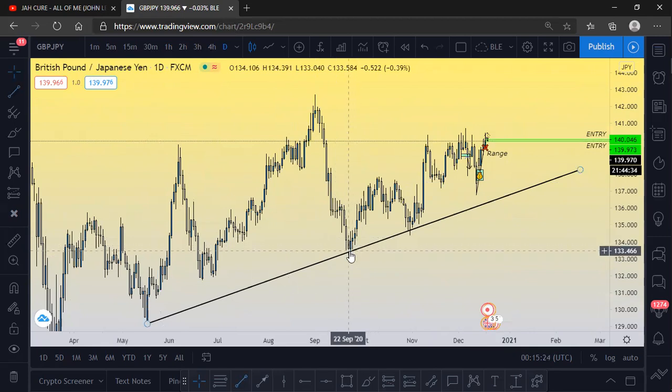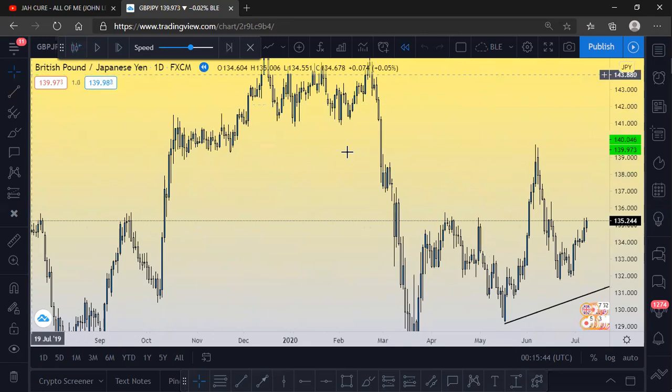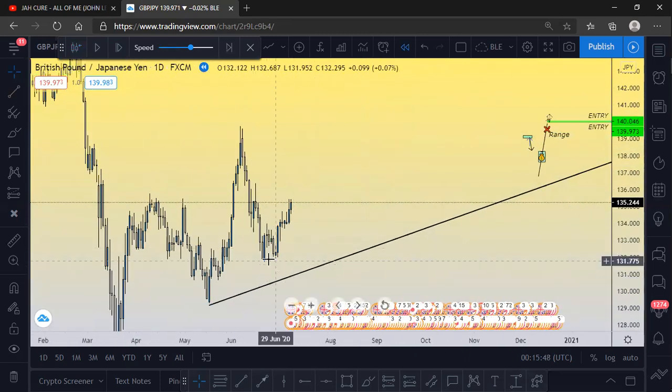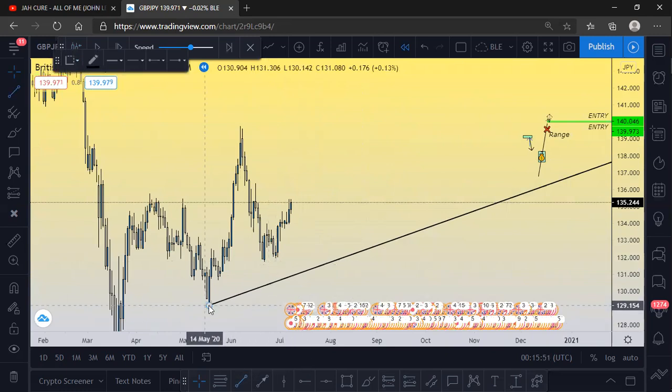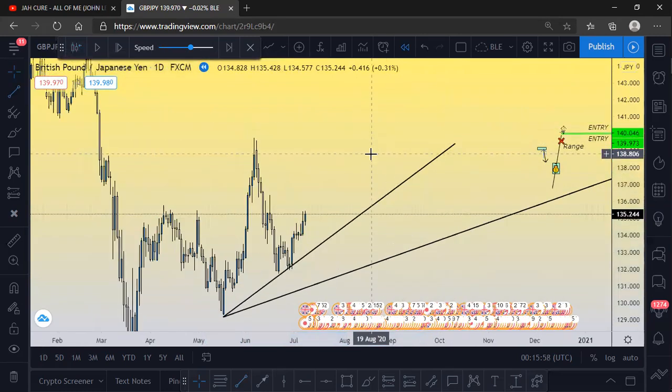You need to have two data points that you want to connect together. Two data points you want to connect together. When price was here first, let me cut this. Let's assume all this has not happened yet. So we add none of this. I was just looking to play off this information here, and then I can see this. I'm going to draw my trend line from here to here, and then I extend it to the future. Okay, and then let's see what happens.